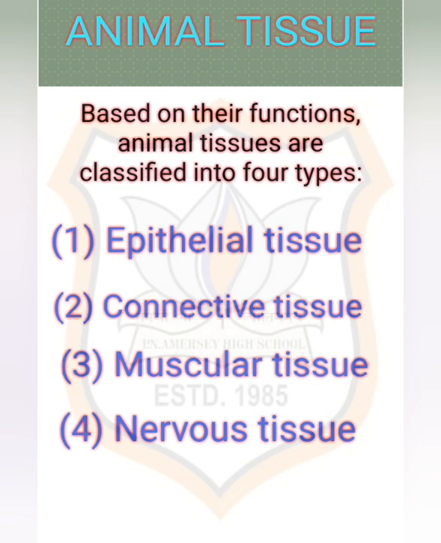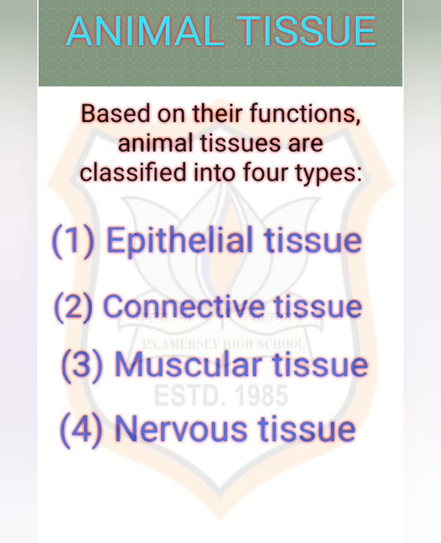On the basis of functions they perform, we can think of different types of animal tissues. Blood is a type of connective tissue and muscle forms muscular tissue. So, on the basis of these, there are four types of animal tissues: epithelial tissue, connective tissue, muscular tissue, and nervous tissue. The very first we will discuss epithelial tissue.